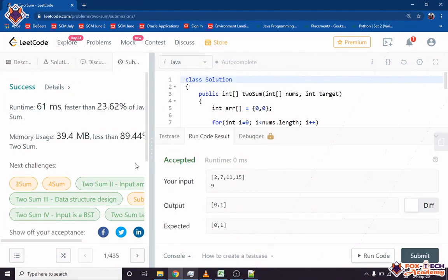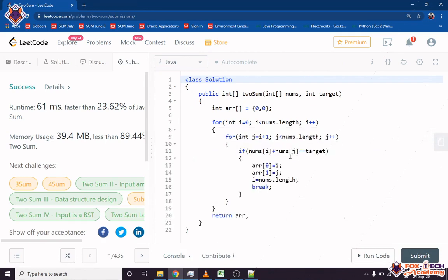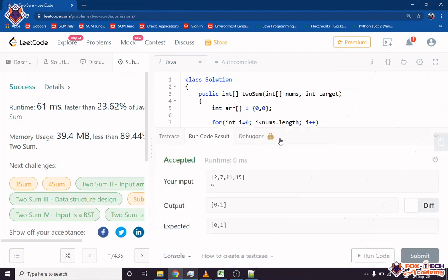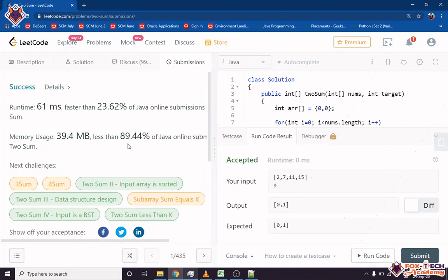So it's fine. We have used a naive approach for this, right? Suppose we have commented out this line, it will not do any harm, but it will take some extra time. Suppose our memory is 34.9 and time is less than 80% of others.